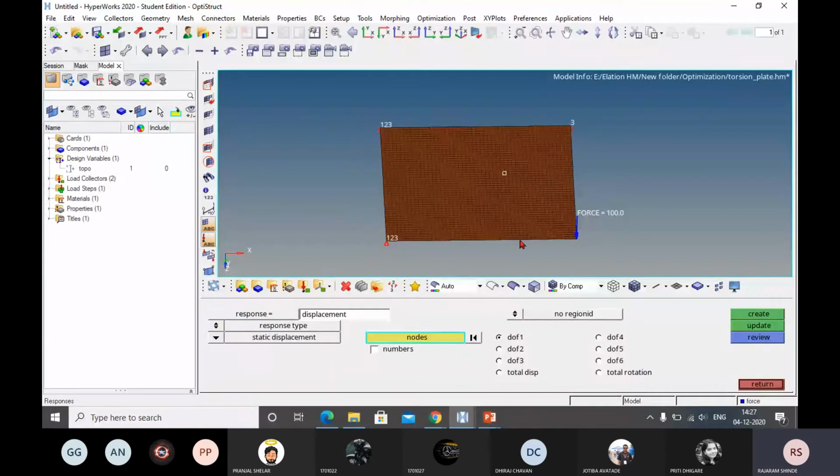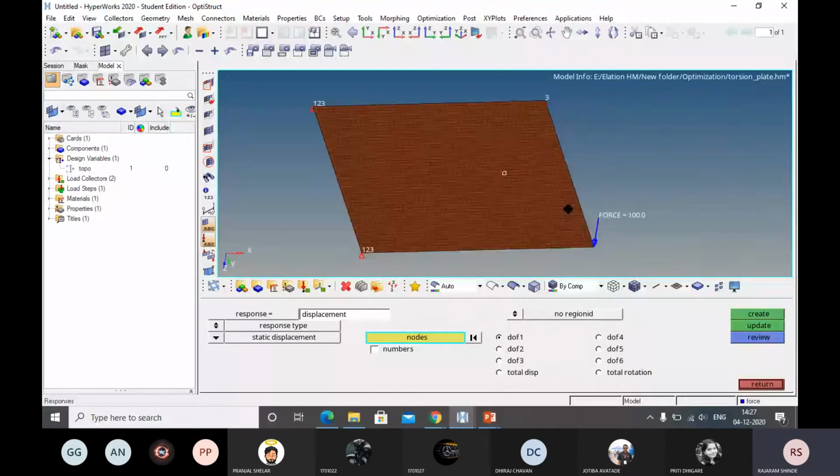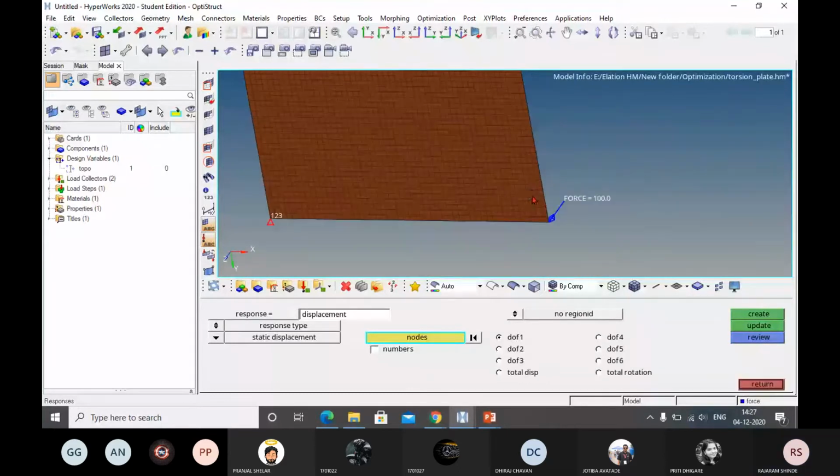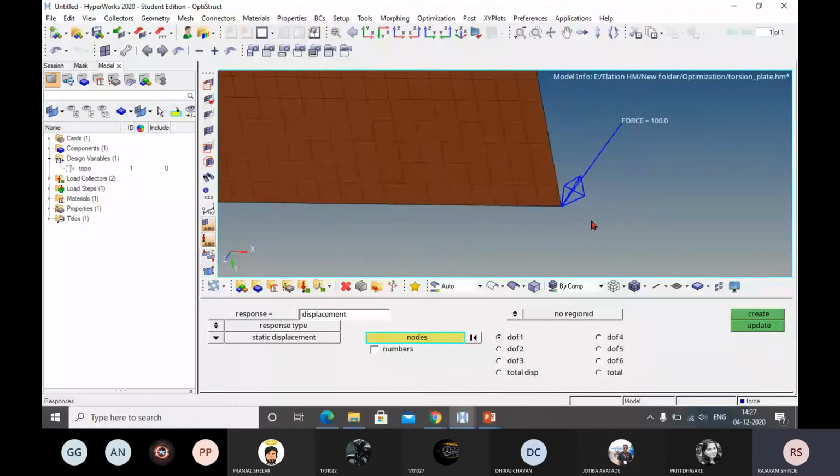Now you are going to apply the response on this node. Why? Because when we observe this model, you will get the maximum displacement at this node, and this displacement we are going to minimize. For that purpose, you select this node, at which the load is applied, this one.